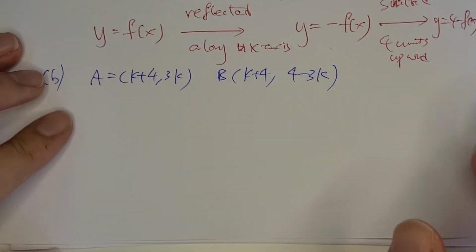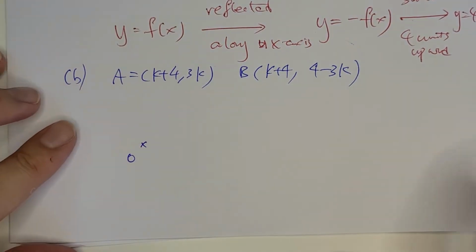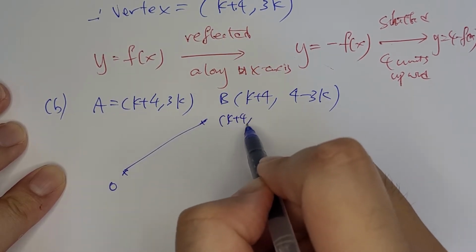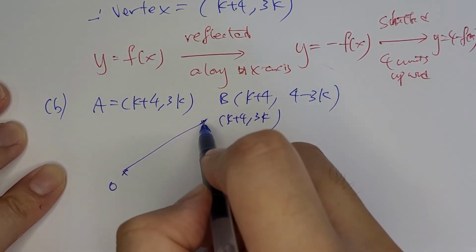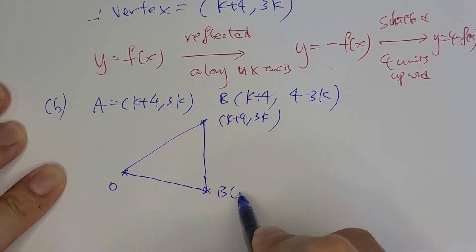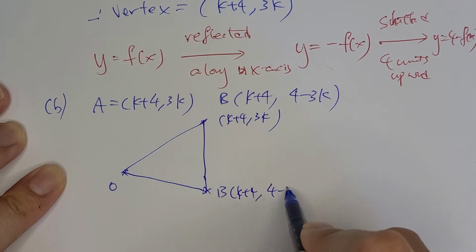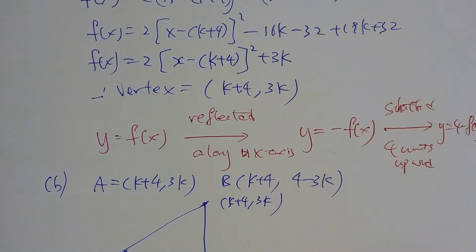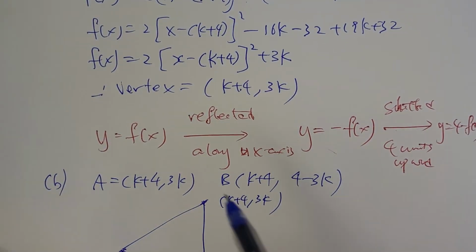So let's draw the graph. Suppose there's an origin O. A, something like here, (k plus 4, 3k), and B, something like here, okay? You can just sketch the graph. Some of you may think, oh, could k be negative? Of course, but I just sketched the graph to get some insight, okay? So here, that is a